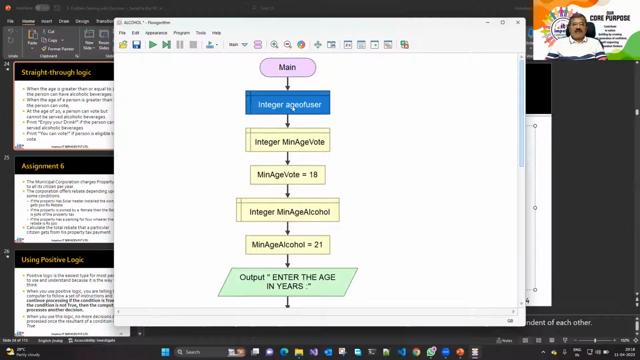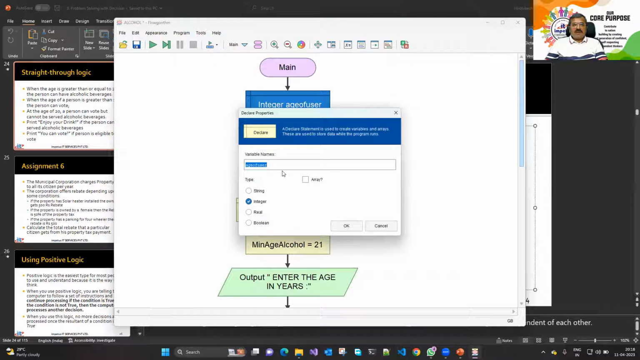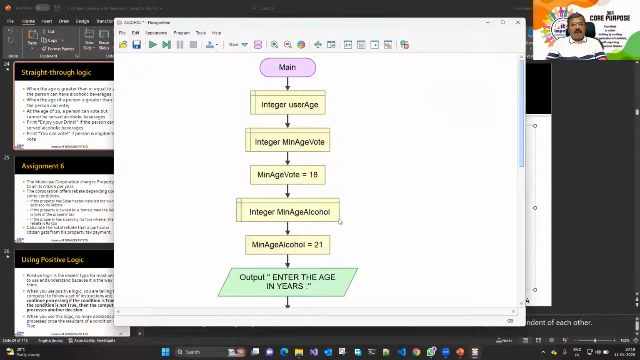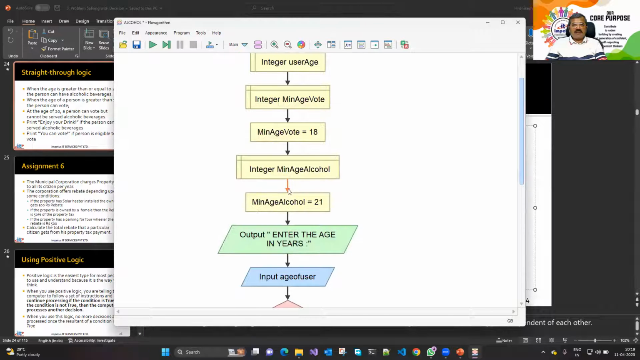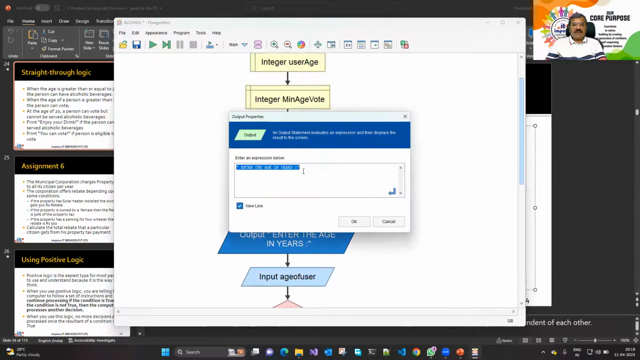We have the variables: age of user, user age, suppose. Minimum age to vote. Minimum age to vote is 18. Minimum age for alcohol, okay, that's 21. Enter the age in years. Okay, enter the age in years. If the user has entered above, then